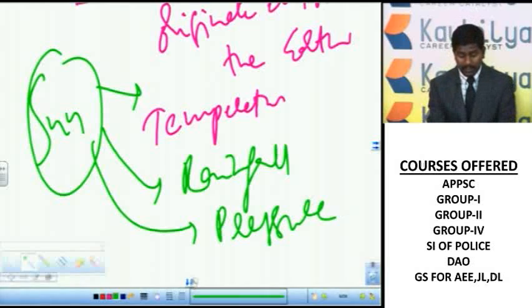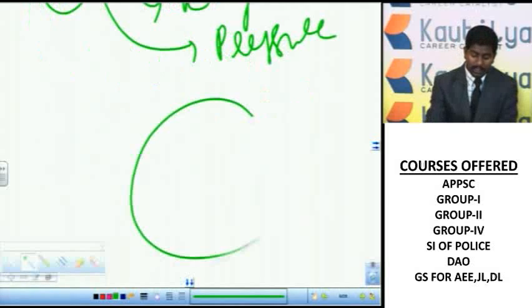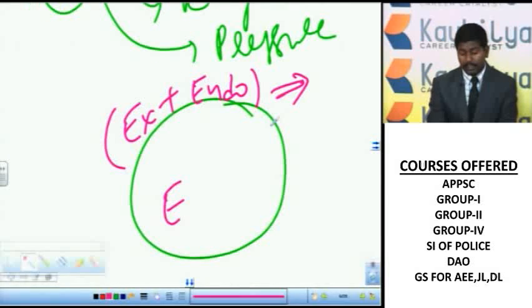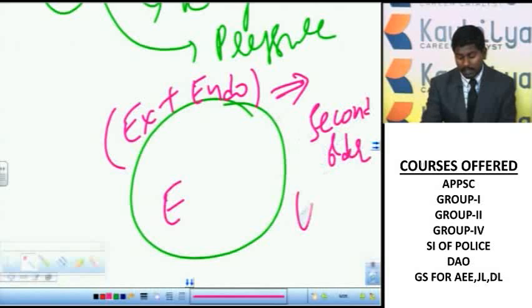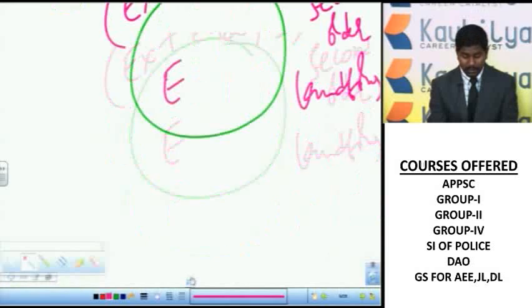Now when these exogenic and endogenic forces are acting on the earth's surface, they result in the development of second order landforms. Okay. Now first we are going to discuss the endogenic forces, and to understand the endogenic forces,